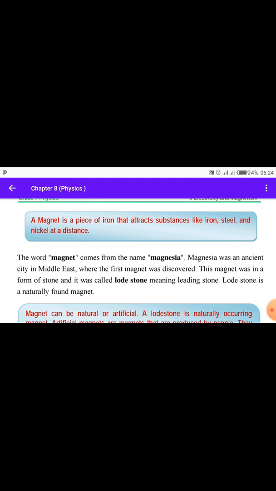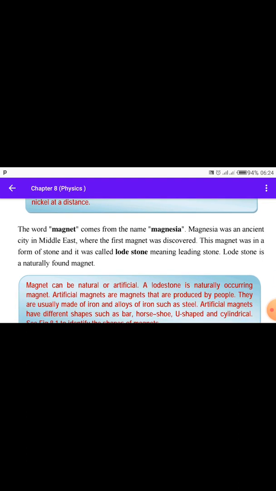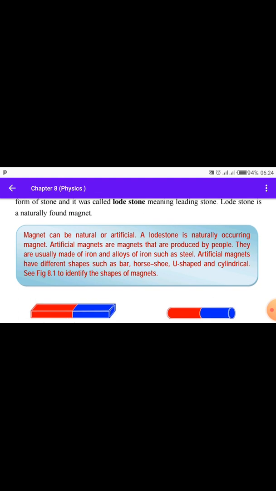and magnet can be natural or artificial. so magnet naturally ልናገኝ እንችላለን ከመሬት ተቆፍሮ መሬት ውስጥ ማግኔት ስላለ ማለት ነው። መሬት ውስጥ እንደ አንድ ሚነራል ማግኔት አለ እንዲሁም ደግሞ ሂውጅ ባር ማግኔት የሚባል ሂውጅ ማግኔት አለ መሬት ውስጥ ማለት ነው ከዚያ ውስጥ ተቆፍሮ ይወጣል ወይም ደግሞ አርቲፊሻሊ የሚሰሩ ማግኔቶች አሉ ማለት ነው። እነዚህ ስሞል ስቲሎችን ተጠቅመን የምንሰራቸው አርቲፊሻሊ የሚሰሩ ማግኔቶች አሉ። Leadstone is naturally occurring magnet, leadstone የምንለው naturally magnet አለው